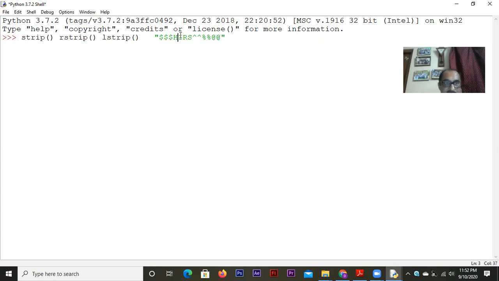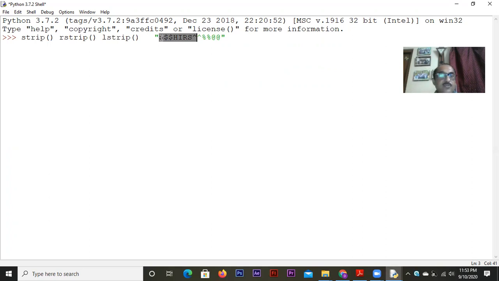Now, these three functions, strip, if you're using, it will be used to take out all the leading and the trailing characters. Of course, you have to mention the characters. Now, by the way, you can strip more than one character also at a time.